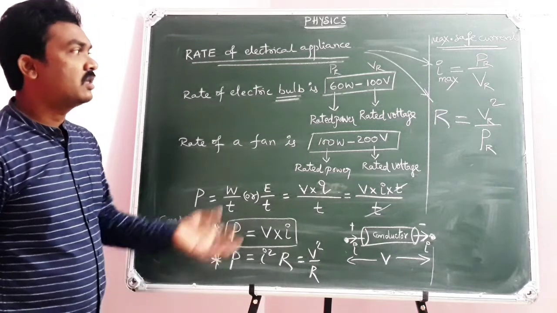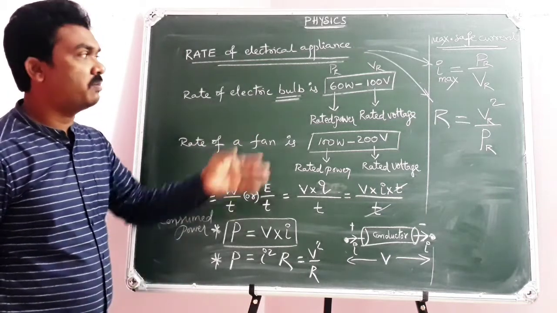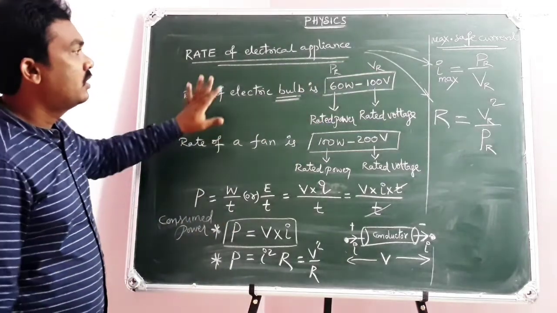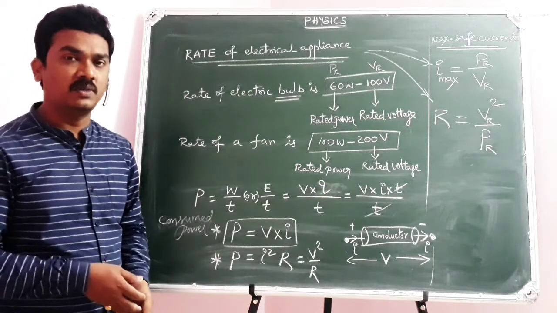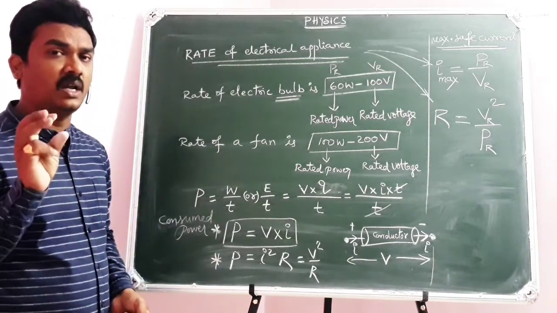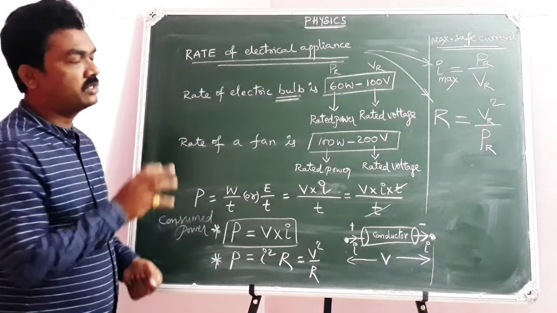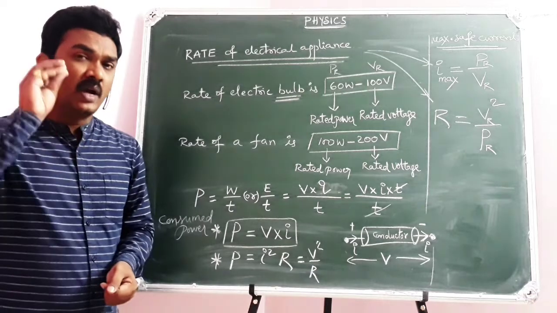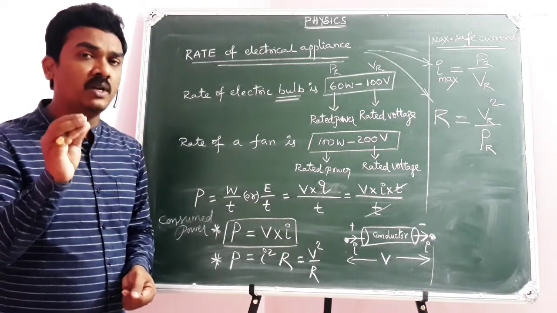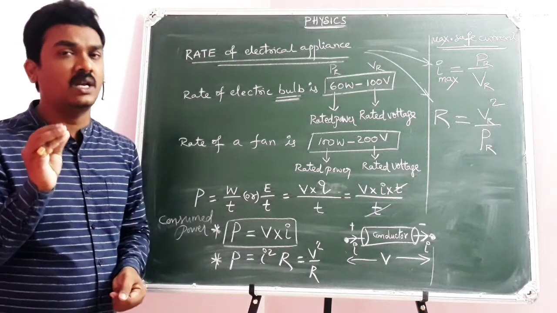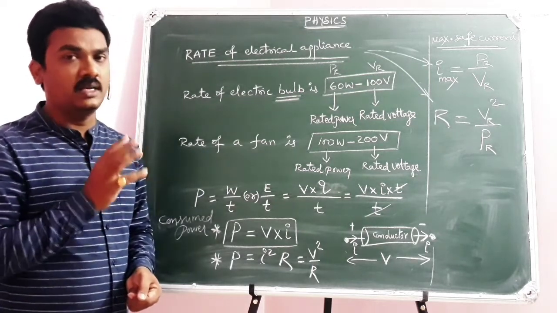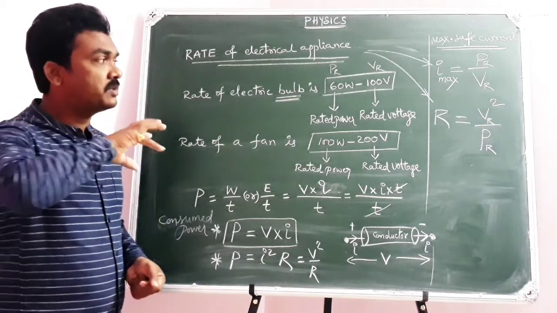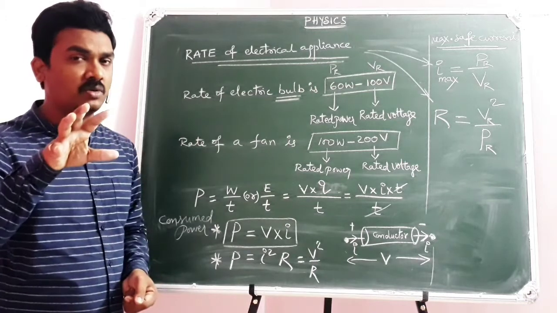If you wish to measure the maximum safe current and resistance, you need to apply the rated terms, rated voltage and the rated power. So this is a brief explanation of the concepts of rate of electrical appliance and the related terminology. Of course, once again I am going to highlight the point, you have to go through a few numerical questions. I have nearly 5 to 6 numerical examples to explain in the class here itself, so that you will get more clarity on these concepts of electric power and electrical energy, I am sure.